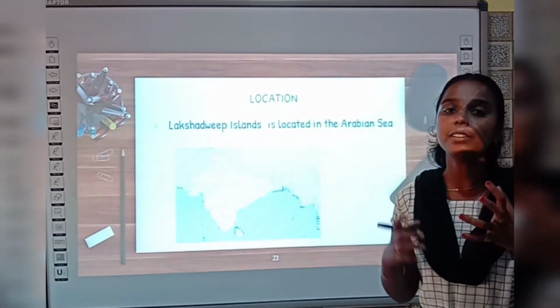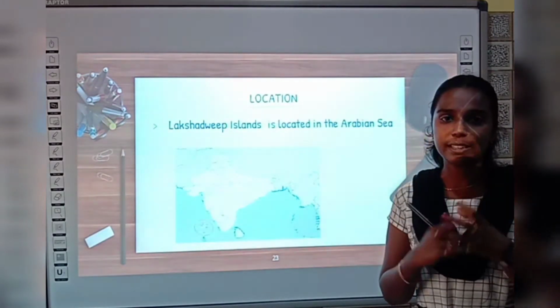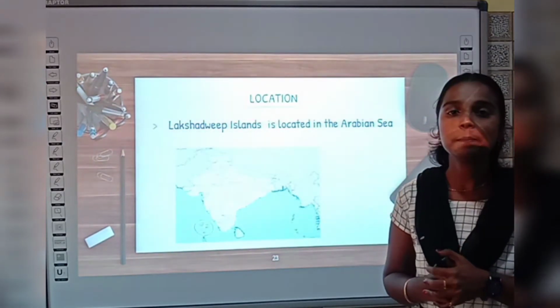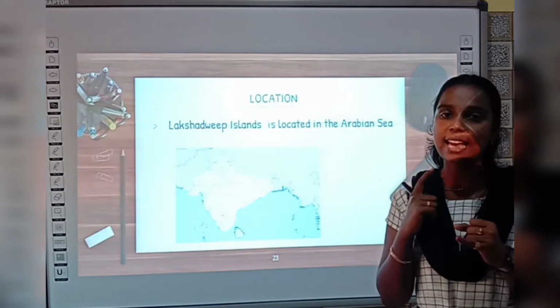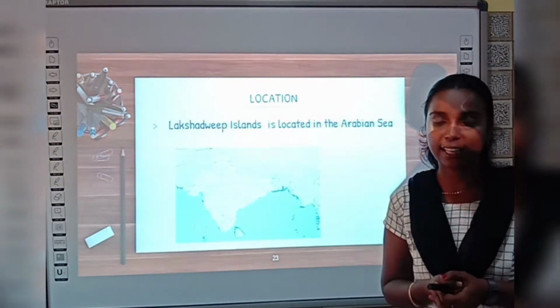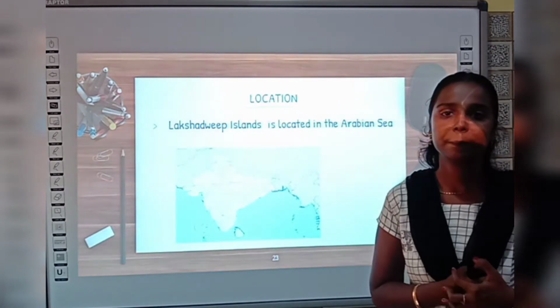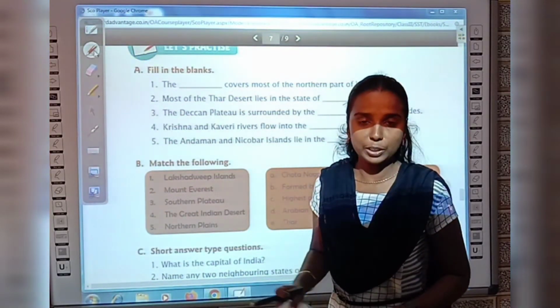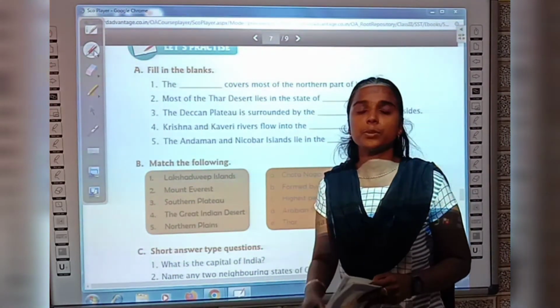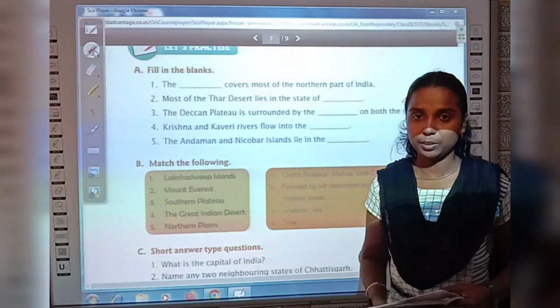So now we have recalled the political divisions of India and the different physical features of India, right? So now I hope that you have a clear idea of the political divisions and the physical features of India, right? Yes, now let us do the book back exercise, okay? Yes children, now all of you take your social students book page number 48, okay? So take your students book page number 48 and also take your pencil with you, okay?